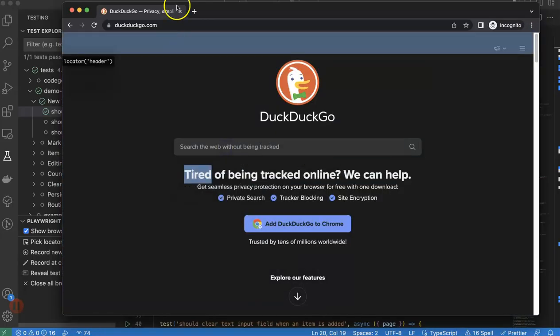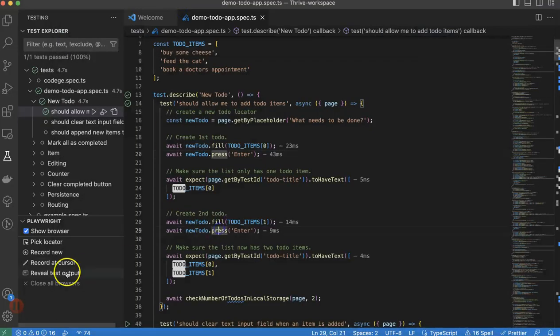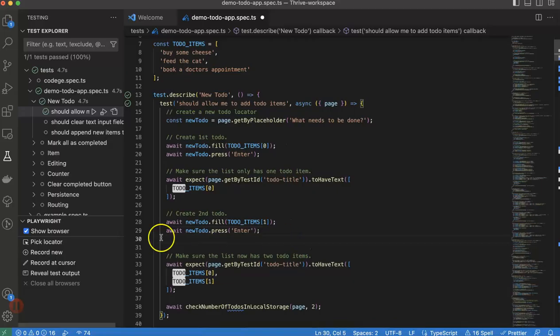So now if you want to record a new test, of course, you can also look at the other chapter that we have on CodeGen. You can either use CodeGen or use this record new option to record a new test. Record at cursor will basically let you record a new test or a bunch of lines of code which has these locators from a cursor from where you left the cursor